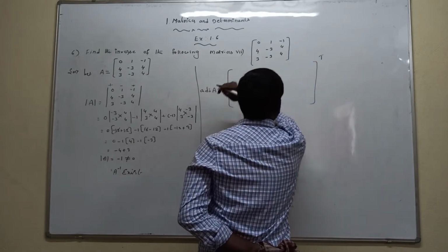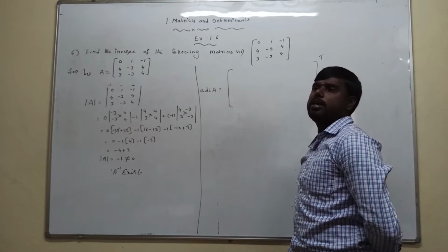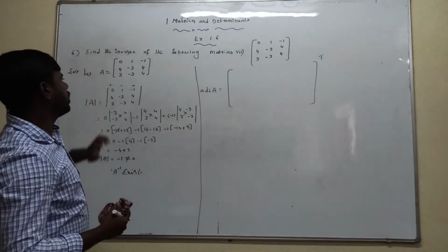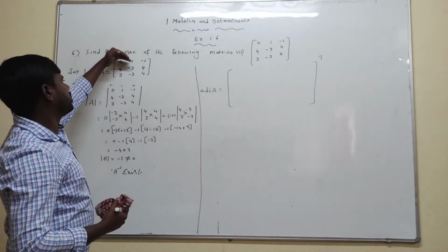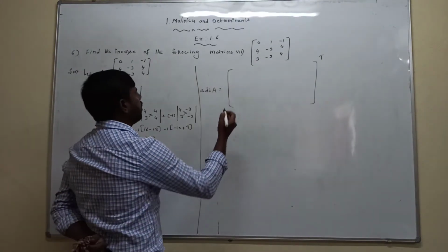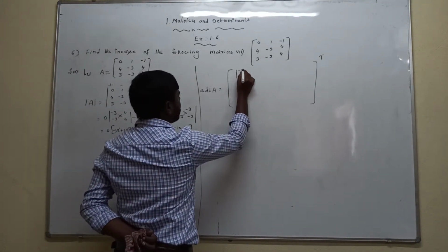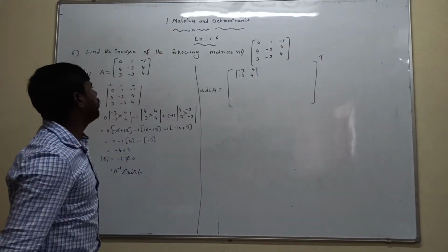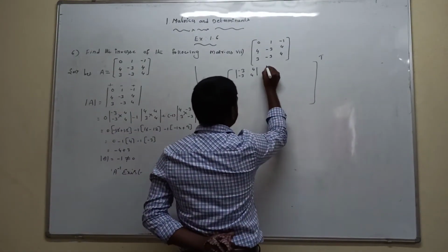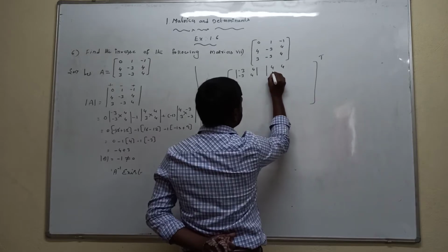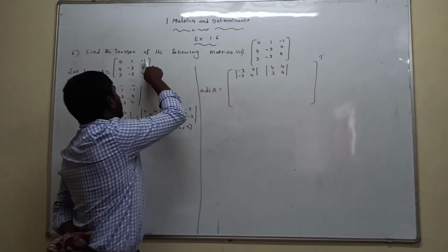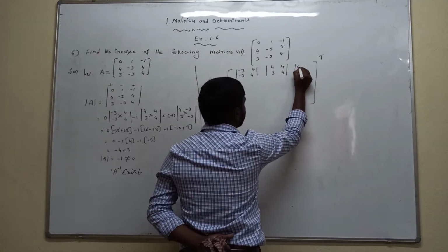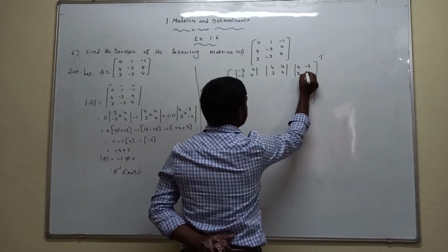Transpose of the matrix capital A. First we are calculating the minor of each and every element. Now 0 we are taking. 0 is present in the first row, first column, which are eliminated. So the rest of the elements are the determinant of minus 3, 4, minus 3, 4. Next, the second element 1 we are taking. The rest of the elements are the determinant of 4, 4, 3, 4. Next minus 1 we are taking. First row, third column are eliminated. The rest of the elements are 4, minus 3, 3, minus 3.